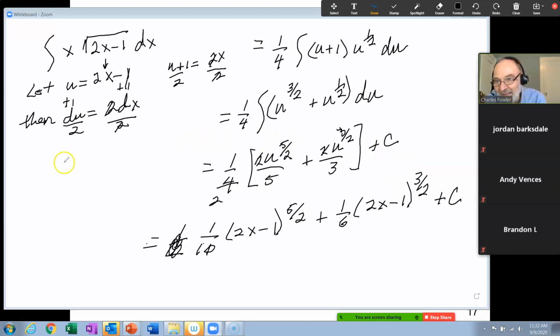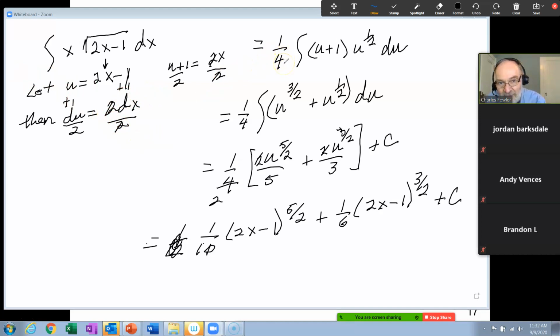You can't take this x outside because that's what you're integrating. You can take fractions out, this half and that half, take any whole number out or any numerical value out, but you can't take that out. So, but since you're doing u substitution here, you can manipulate that, solve for x, and then plug that value in for the x. Get rid of that 1/2, take it on the outside like we had.